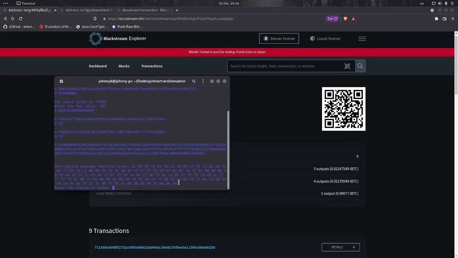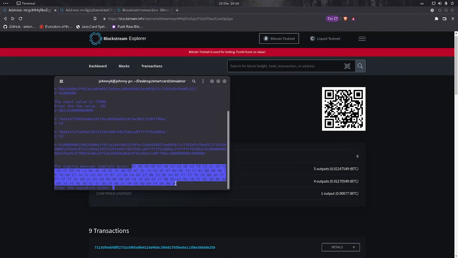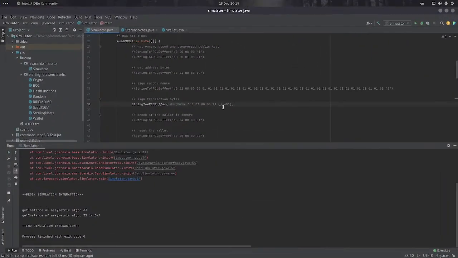I will enter that and I will get a signing message template. Now I will simulate via copy pasting what the client will do in order to communicate with the card. Now because I don't have a physical card, I would have to copy and paste this, but if there was a physical card, these bytes would be physically transferred via some sort of wire from the client into the card as so. But because it's simulated, I'll literally have to do that by myself, and I will paste it